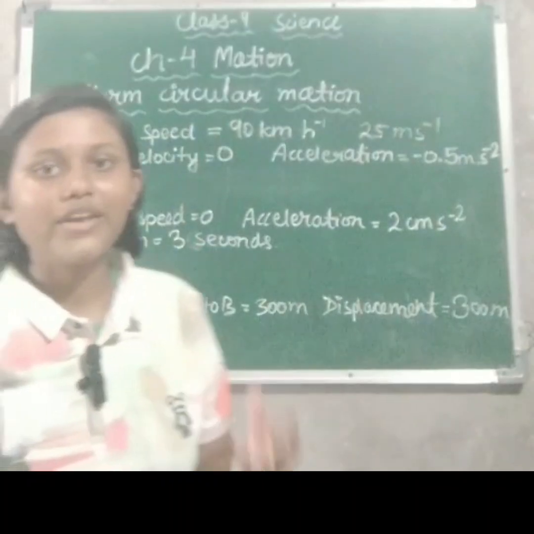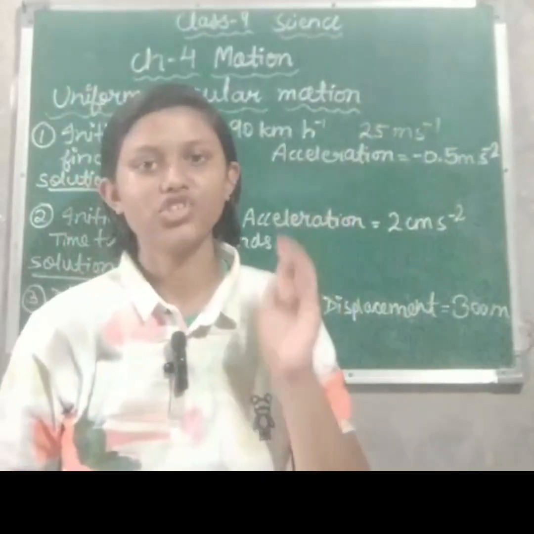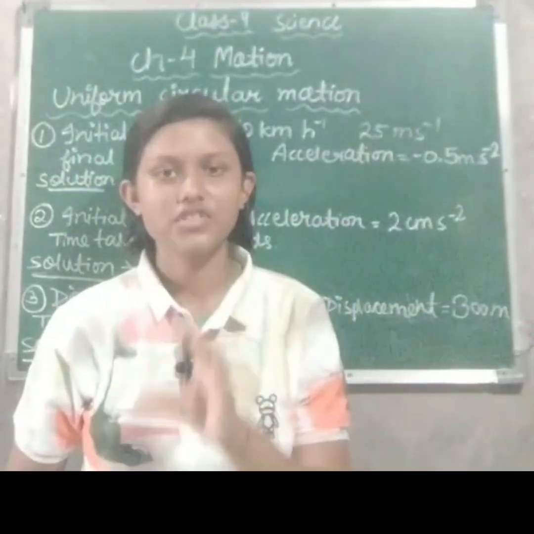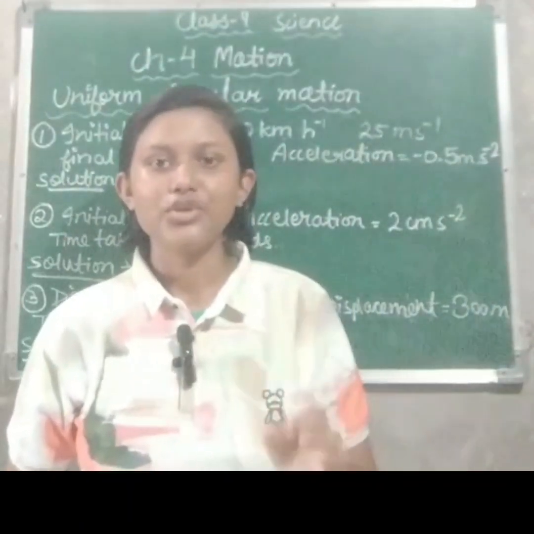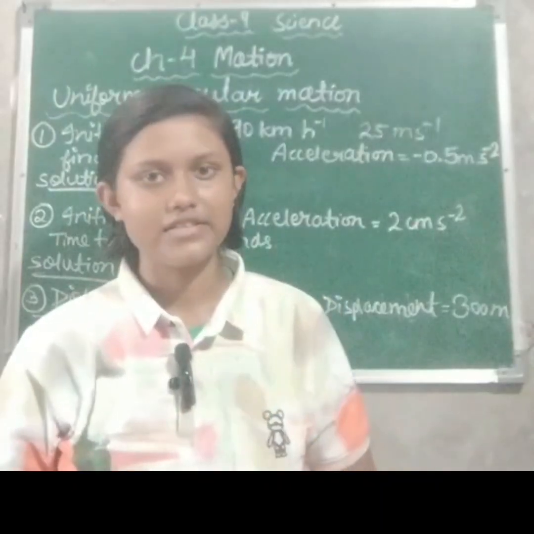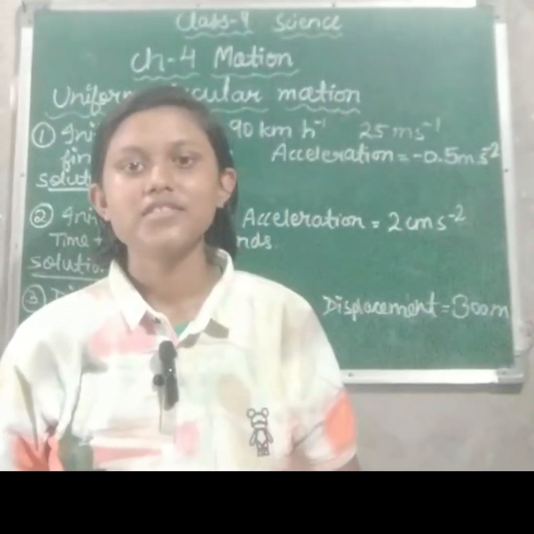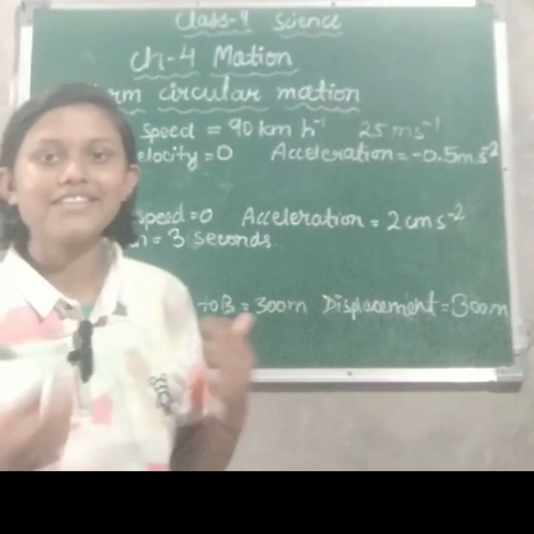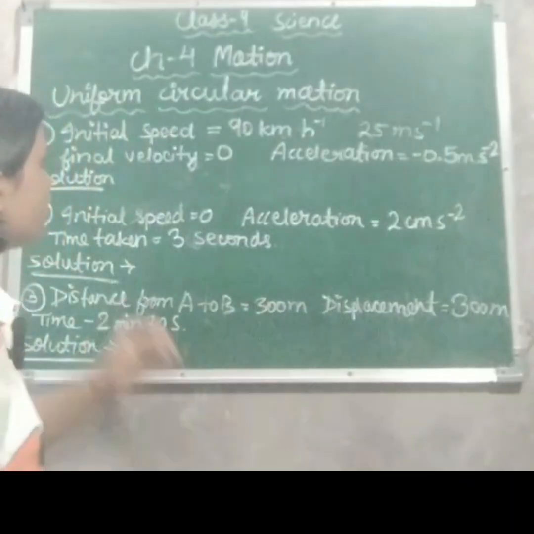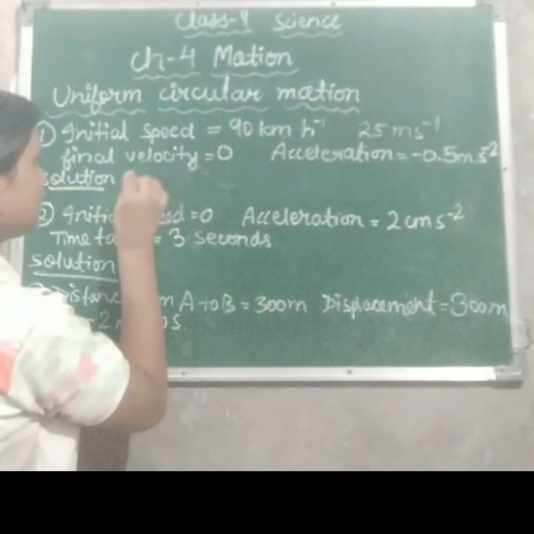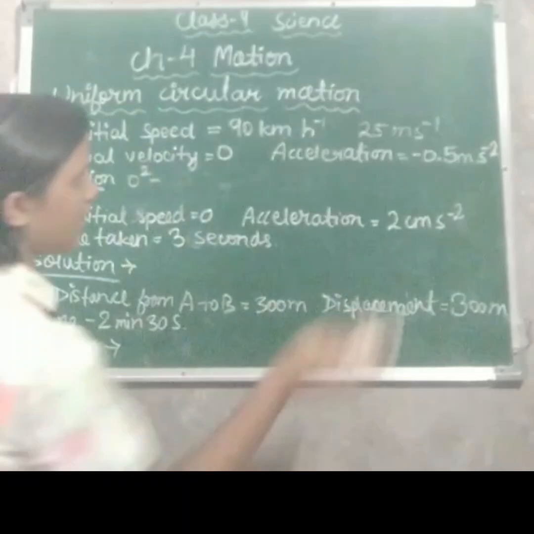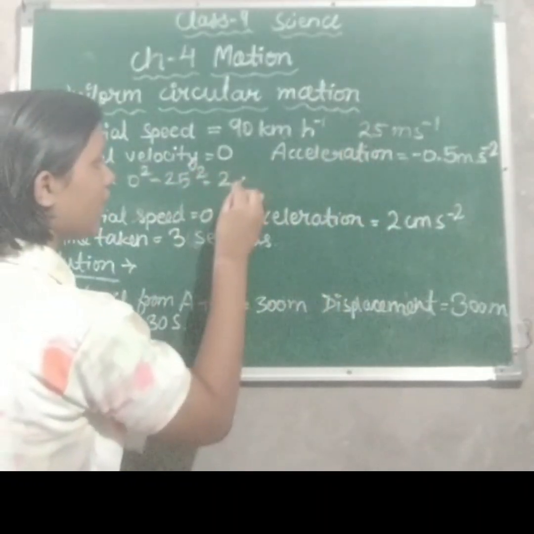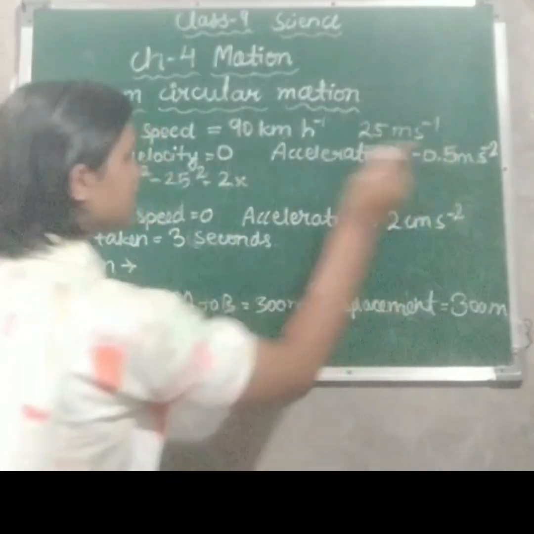Now to calculate the distance we will use the third equation of motion, that is, final velocity squared minus initial velocity squared is equal to 2 into uniform acceleration into the distance. Now let's use this equation and find the distance. Let's put the values in their place. The final velocity squared means 0 squared, minus initial velocity squared, that is 25 squared, is equal to 2 into acceleration, that is minus 0.5,